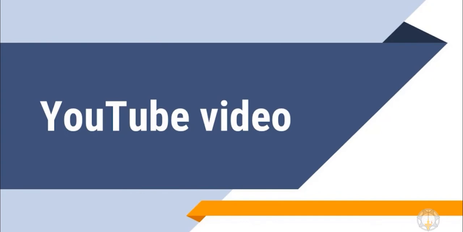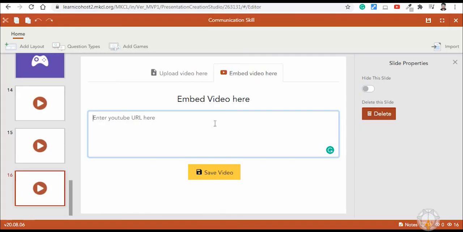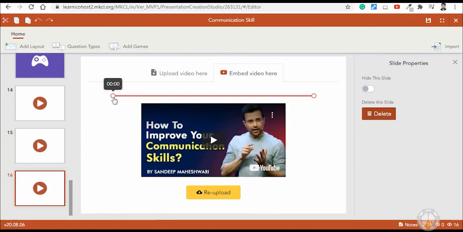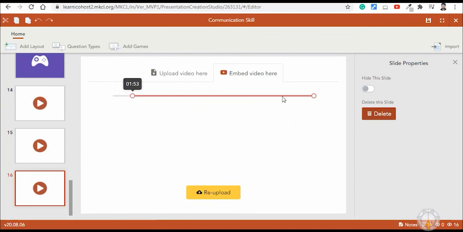Second, YouTube video. You can add a YouTube video directly by adding the URL of the video here. You can select a specific time frame for the YouTube video, so there is no need to see the entire YouTube video from start to end.